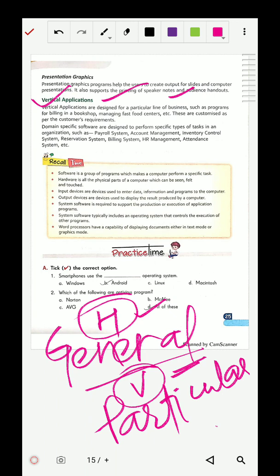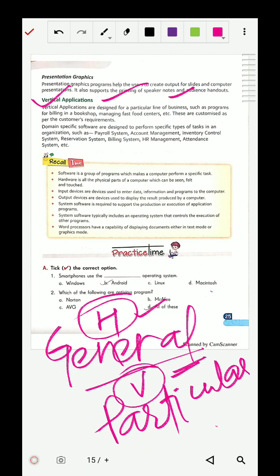You will see one person sitting before a computer, booking tickets. The software they use holds information on railways, trains, and costs according to destination. This is a specific type of work, so these all come under vertical application.